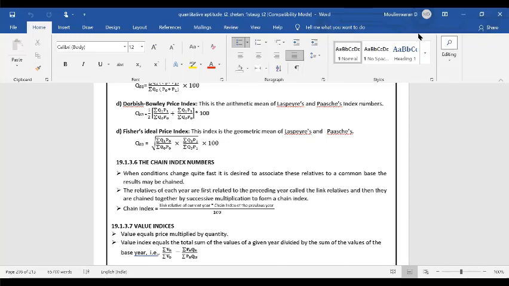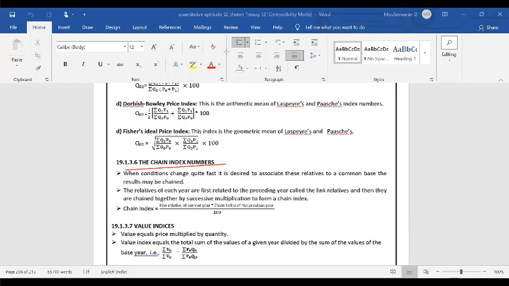Yes, sir. We will discuss one more topic today, and with a fresh mind, in tomorrow's session, we can see one problem. I will show you one problem as an example, so if they ask in the exam, I will let you know how to do it. Guys, is it okay? Okay, sir. Okay, the next topic is chain index numbers.